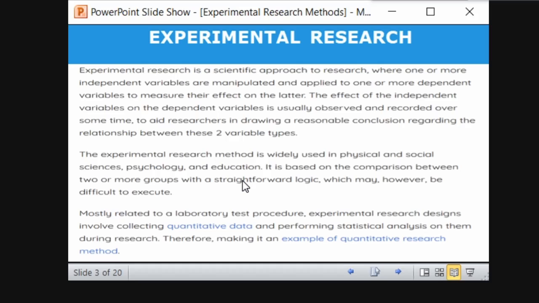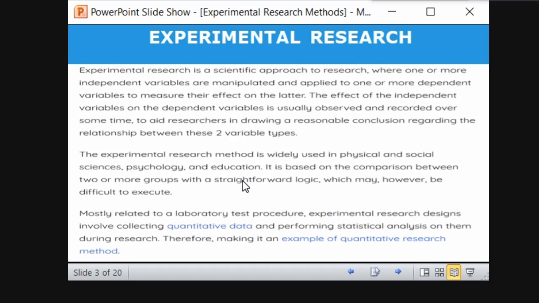The two groups will have same set of treatment under different conditions. So remember the plant example. The plants are the same, but one is kept in sunlight, one is kept in the home. So there are two things with same treatment, but the conditions are different, right? So based on the recordings or the findings, you are concluding that sunlight is essential. But since this is a plant, you can take it and keep it. When the group gets larger, it may be difficult to execute it. So we will see it, right?